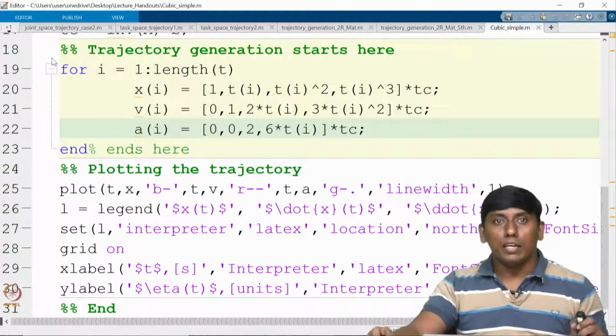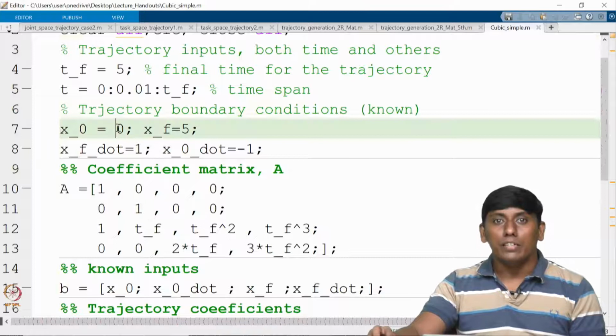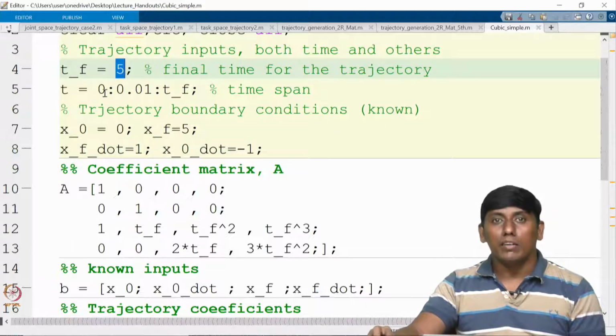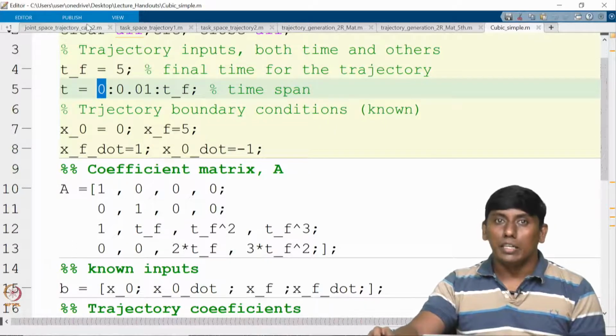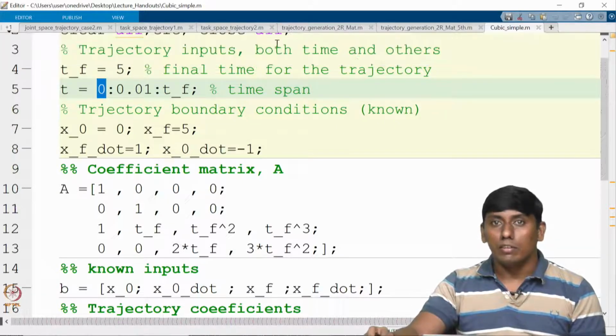So if I run this code, we can see it is starting from 0 and it goes to 5, and the velocity is starting from -1 to end with 1 unit. So the total finite time would be from 0 to 5.